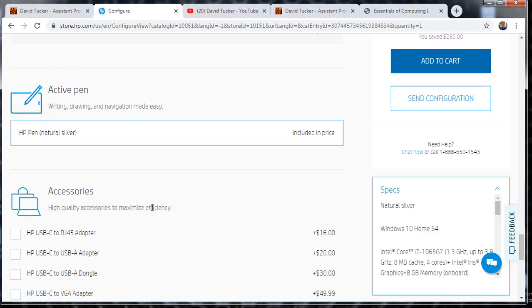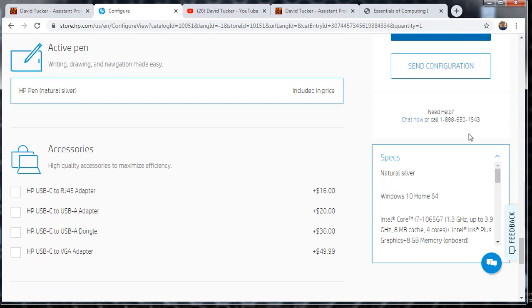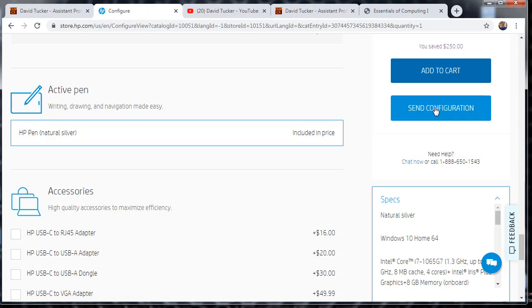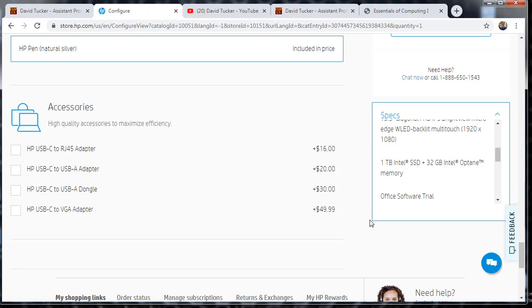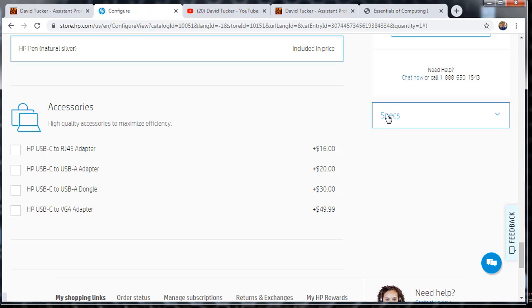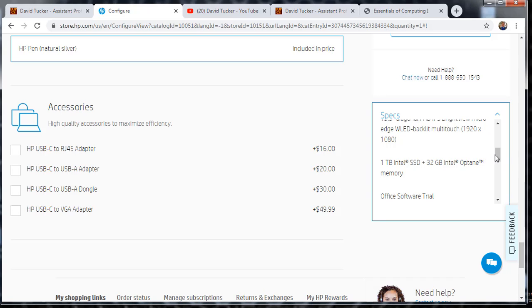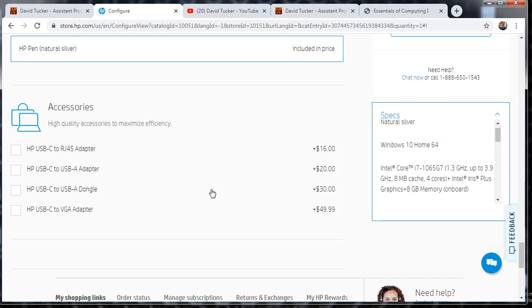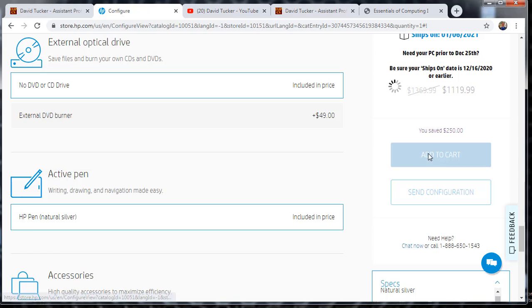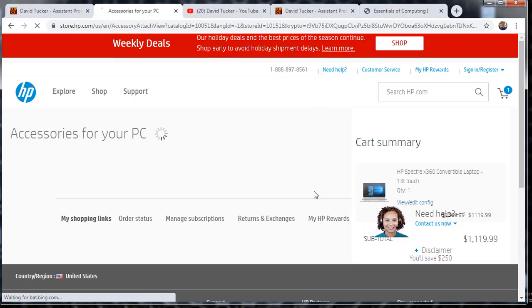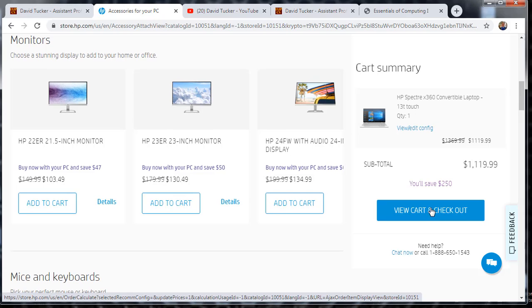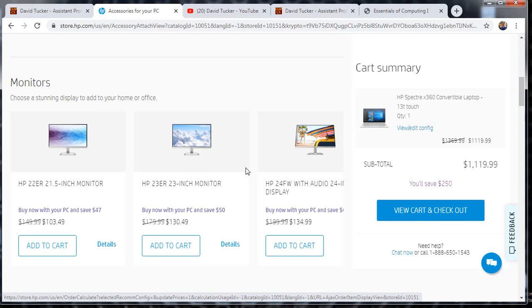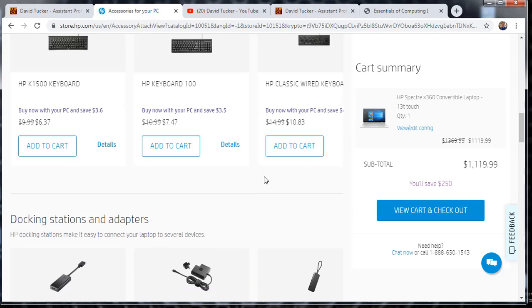So, yeah, good. And then, for the assignment, I was just envisioning you would take your specs and print them out. Let's see. I'm going to add this to cart. I think I'm way over budget. Yeah, look, this is actually a smoking deal for this machine. It's super fast. But if you could somehow take a screenshot of your configuration. Oh, here's even more stuff. Oh, well, we did a laptop, so